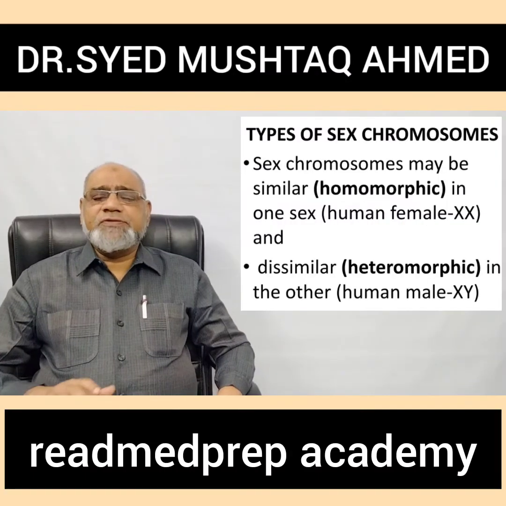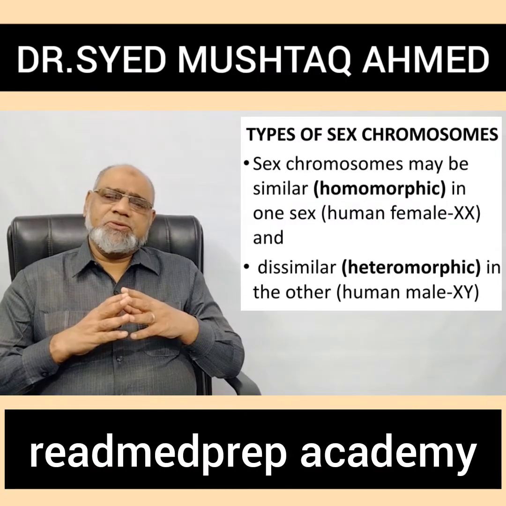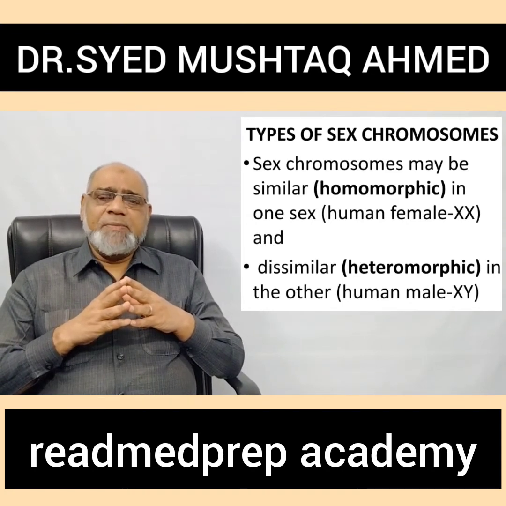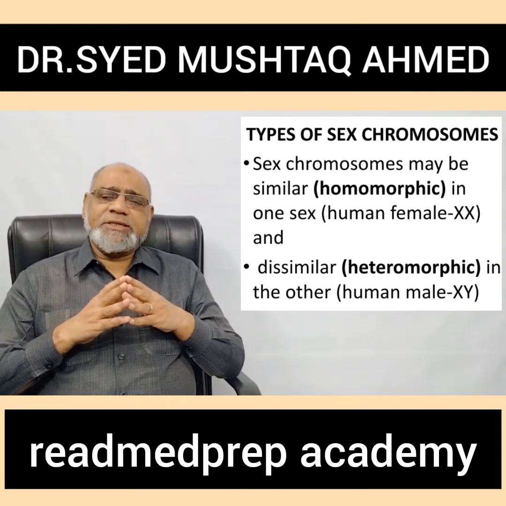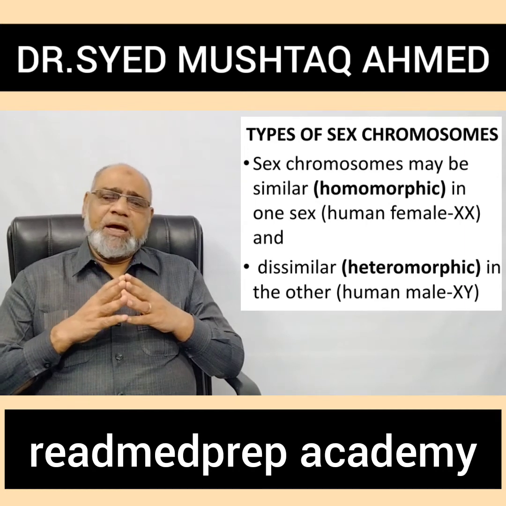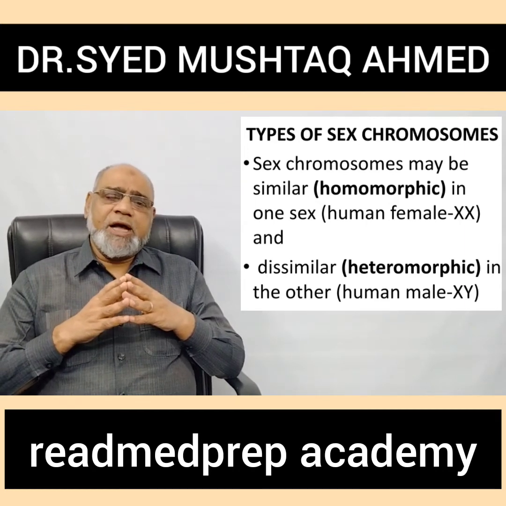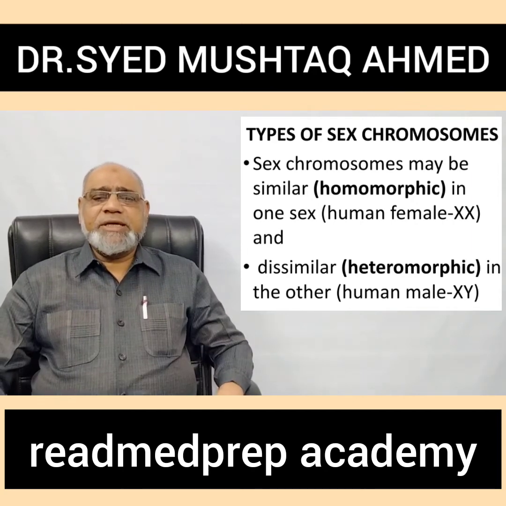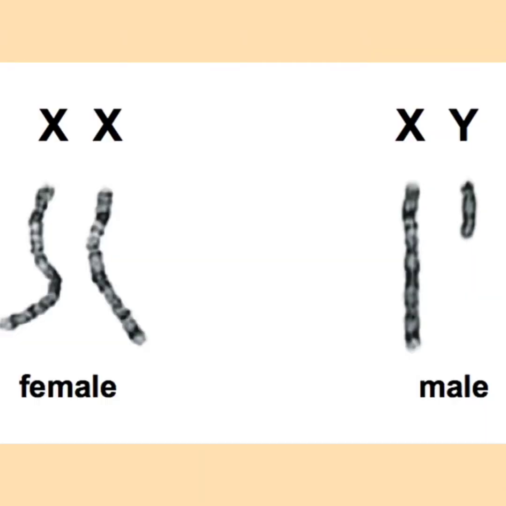What are the types of sex chromosomes? Sex chromosomes may be similar, homomorphic, in one sex. Example, in human females, it is XX. Dissimilar, otherwise called heteromorphic, in the other, like the human male, which is designated as XY. Here you can see the X chromosome and the X chromosome in the female, and the X chromosome and the Y